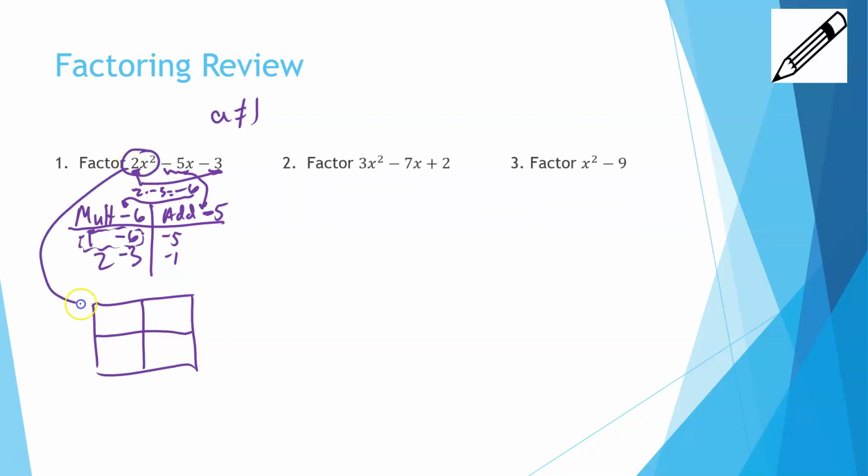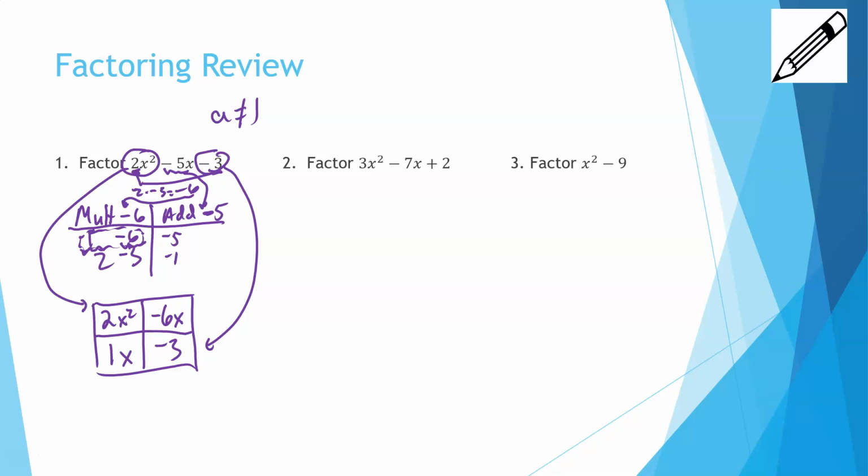You take the first term, put it in the upper left-hand corner. Take your last term, that goes in the lower right-hand corner. And then you take these two numbers that you just found and put them with x's on the other diagonal. Okay, so I like to use this box to help me figure out